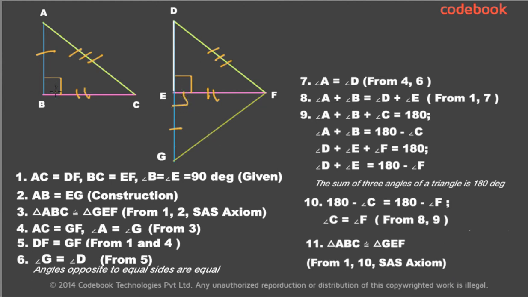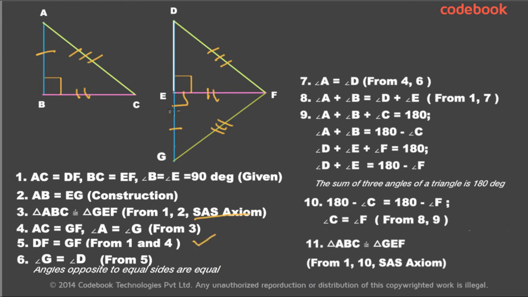degrees. So if you closely observe the triangles ABC and FEG, you can say that these are congruent because we have EG equal to AB and BC equal to EF, and the included angle of those two sides is right angle. So by SAS axiom, these two triangles are congruent. And when two triangles are congruent, we know that all the sides are also equal. So here the hypotenuse AC should be equal to the hypotenuse GF. But we also know that AC is equal to DF, that is given. So GF is nothing but DF. So that's what we proved here.